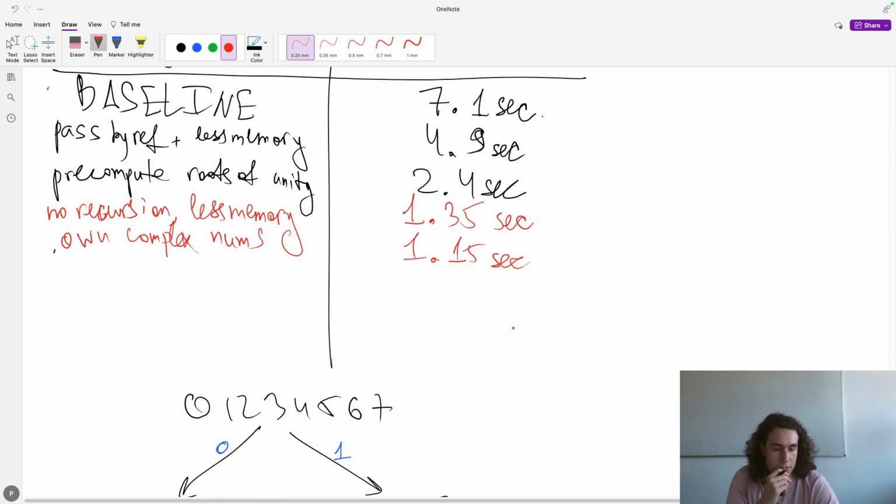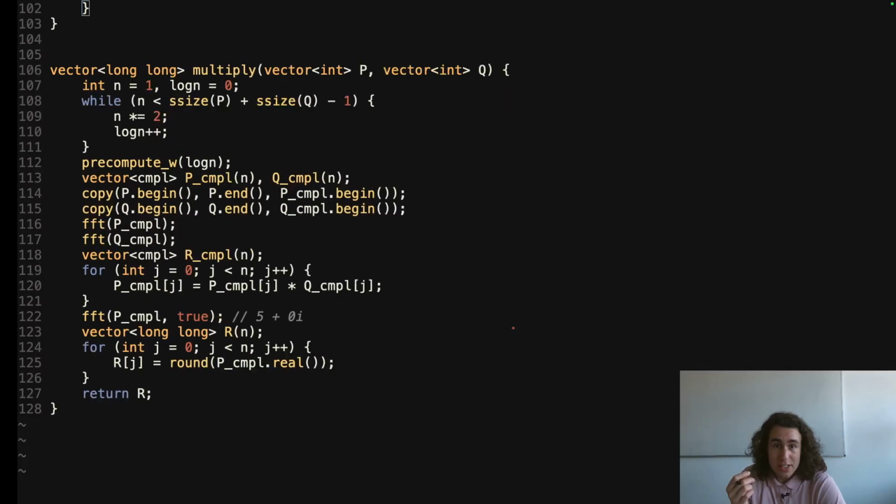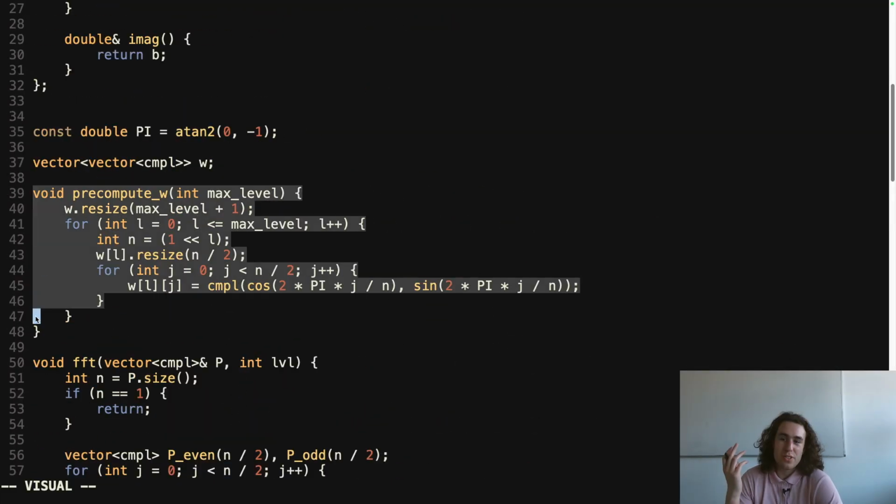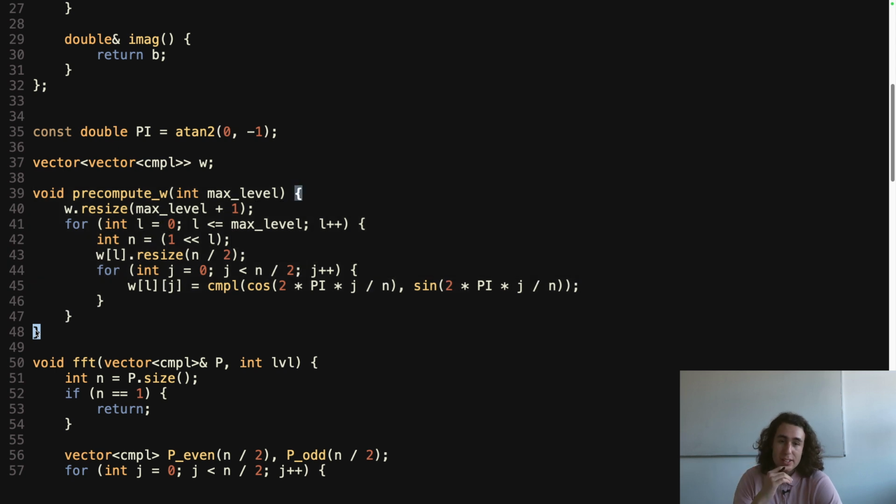Okay. We already made great progress, right? We improved our time complexity approximately six times, even more. But we can do a couple more things to decrease the time by another factor of 2. So the first simple thing we can do is calculate our pre-computation of these omega roots